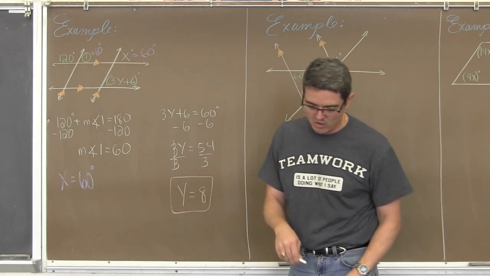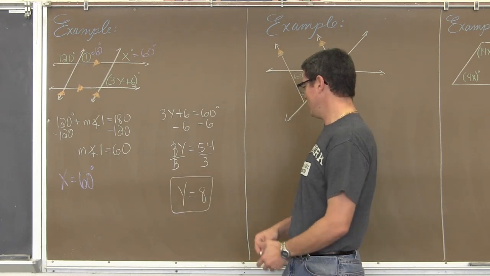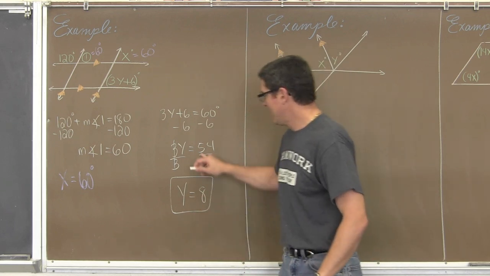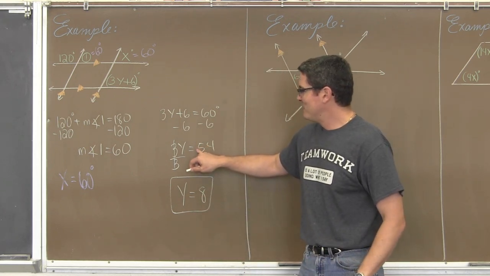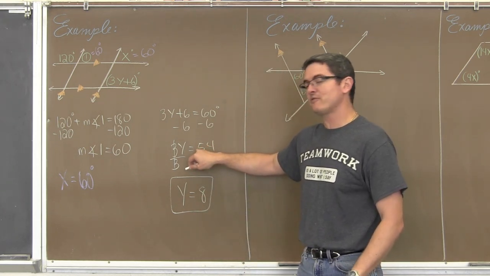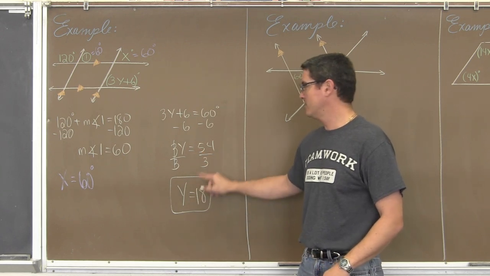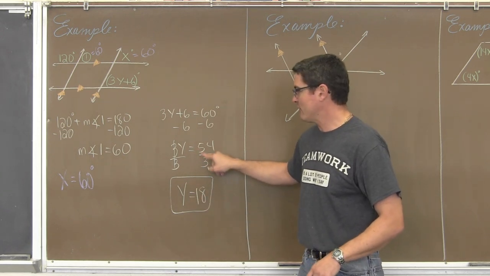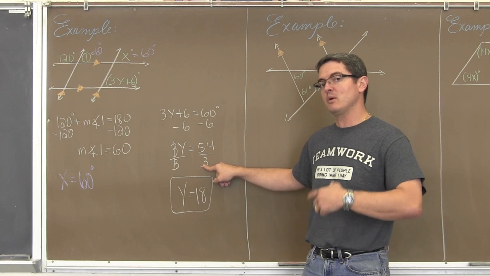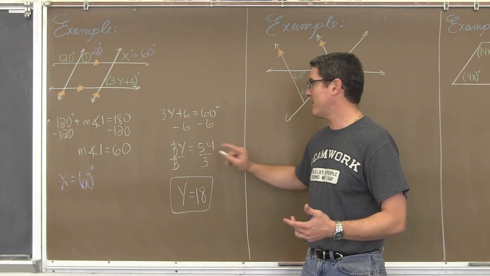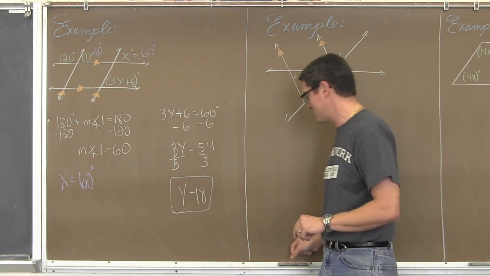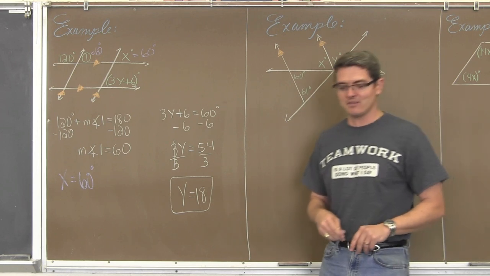And let me just double check my work. And, oh, not 8. Good Lord, what am I thinking? 54. Let's see, how many 3's are in 5? Well, 1. And if I take a 3 out of a 5, that leaves me with 2, leaving me with 24. And 24 divided by 3 is equal to 8. I just remembered the last digit of the number instead of actually doing the math in my head.